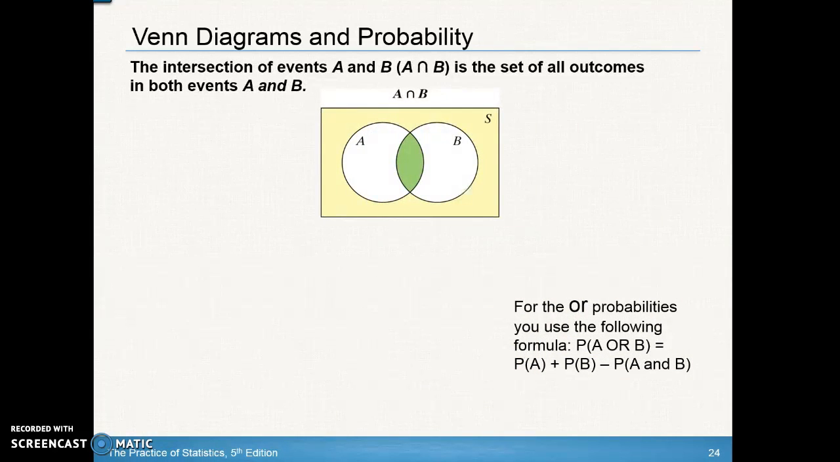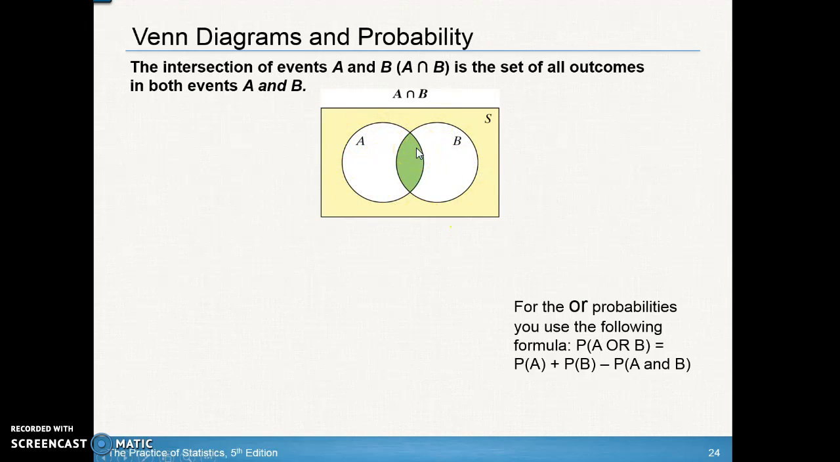All right, so what does it look like when we do have the intersection of events A and B? What happens if they're not mutually exclusive? So the intersection of events A and B, notice that upside down U. Remember OR is the regular U and AND is the upside down U. That's the intersection. It's the set of all outcomes in both events A